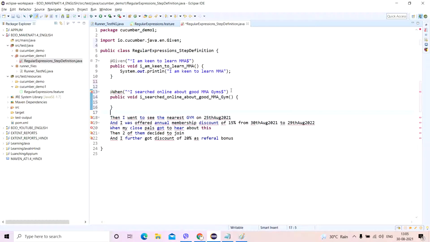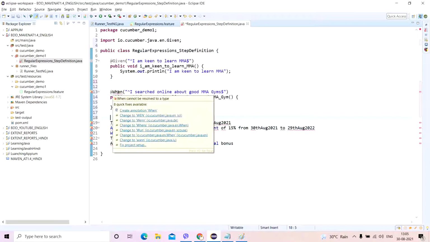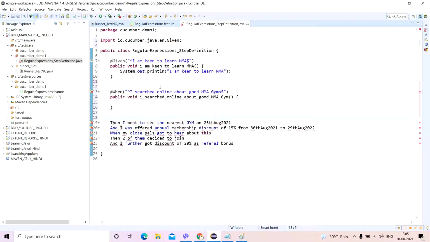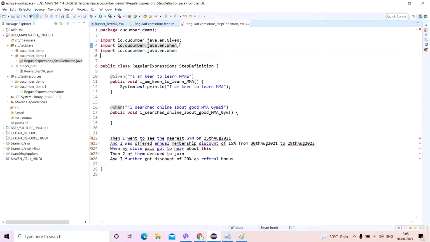Then I'll import this. Now you can import. I'll also write it over here directly for then and and, even so it will be used very soon, not to worry.